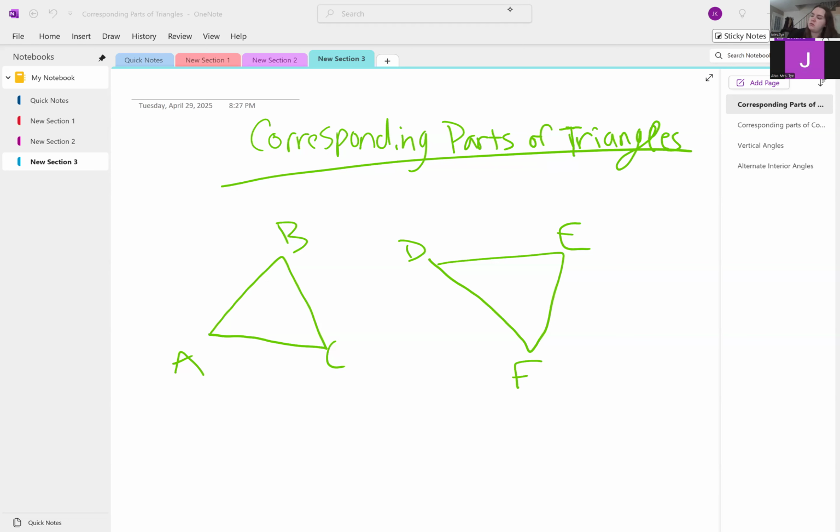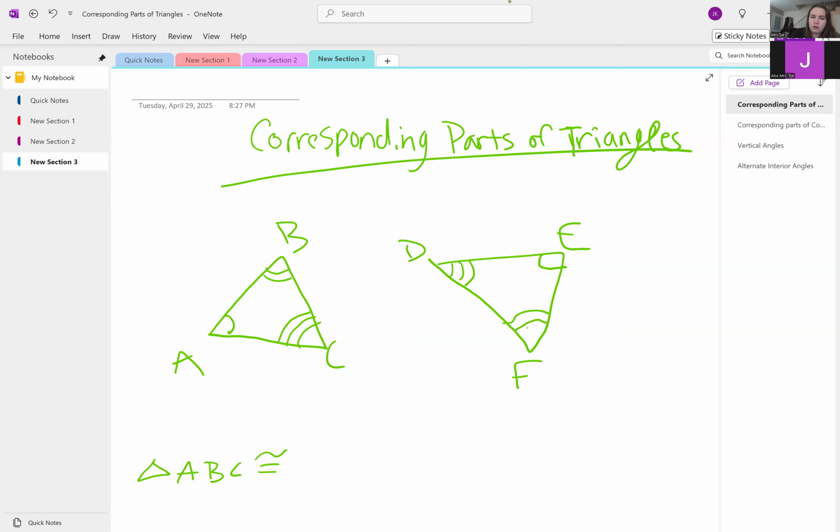So if we have this triangle right here, and I'm saying that angle A is congruent to angle E, and angle B is congruent to angle, let's say F, and angle C is congruent to angle D, then we can make something called a congruency statement. And we would say that triangle ABC is congruent